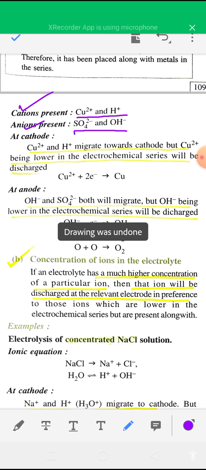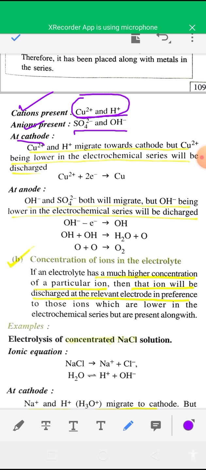So at cathode, both copper 2+ and H+ will migrate towards cathode, and as the position of copper 2+ ion in the electrochemical series is lower than H+ ion, copper 2+ ion migrates towards cathode and is discharged more easily at cathode than H+ ion. So at cathode you will get copper metal, and at anode both OH- and SO4 2- ion will